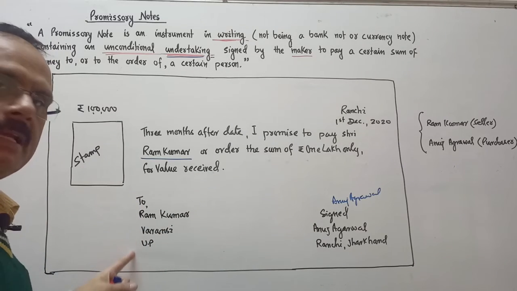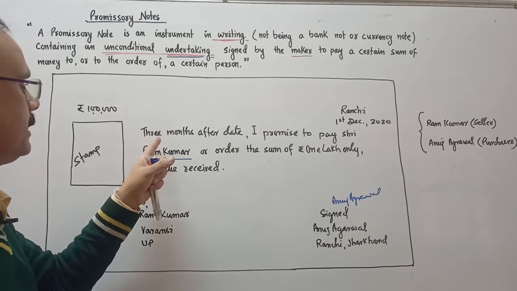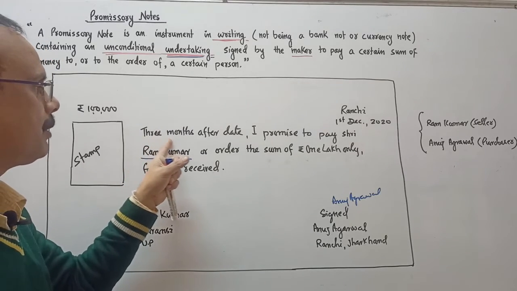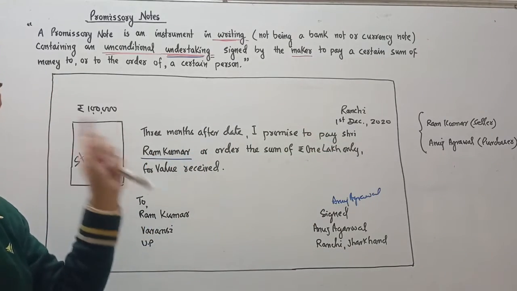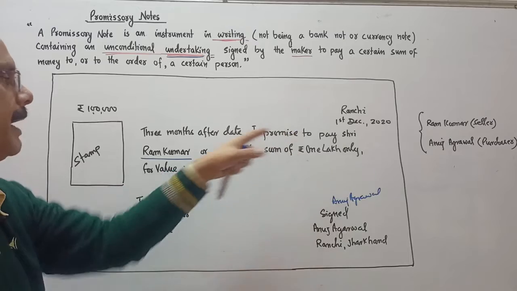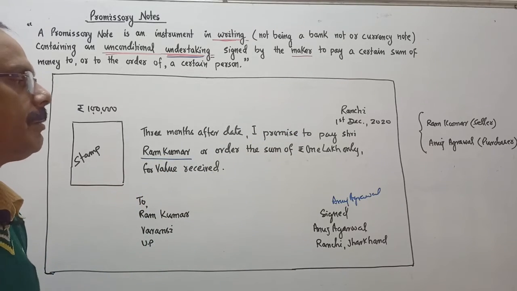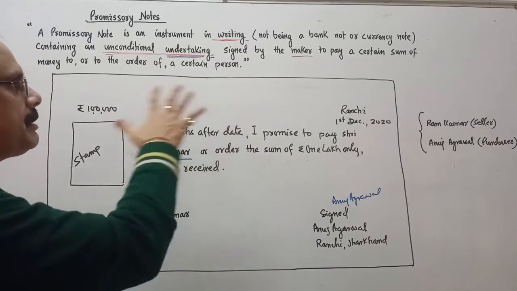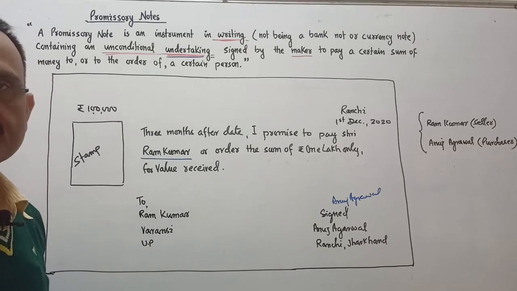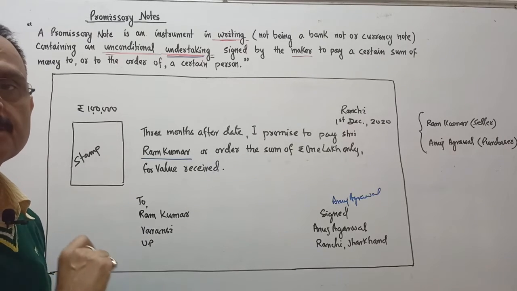And the seller's detailed name and address, and here he is writing the terms and conditions. 3 months after date means after this date the 3 months will start. 3 months after date I promise to pay Sri Ram Kumar, who is the seller, or order the sum of rupees 1 lakh for value received. So this is a specimen format of a promissory note. In a promissory note, acceptance is not required